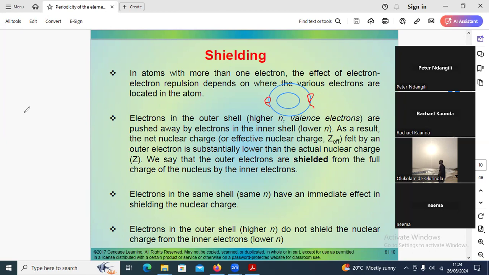Now, we also have electrons in the outer energy levels. And when we talk about electrons in the outer energy levels, if I had,